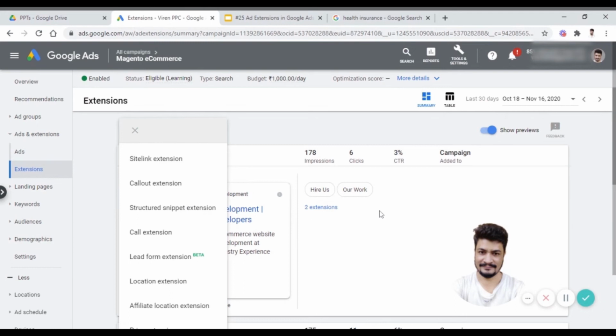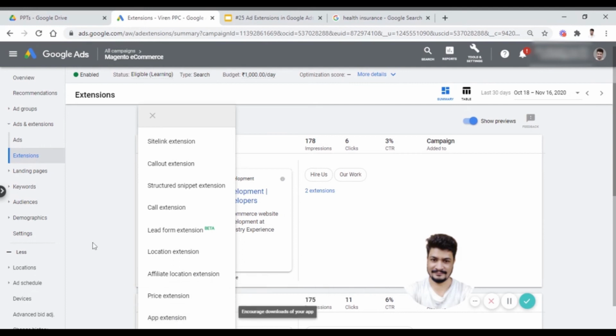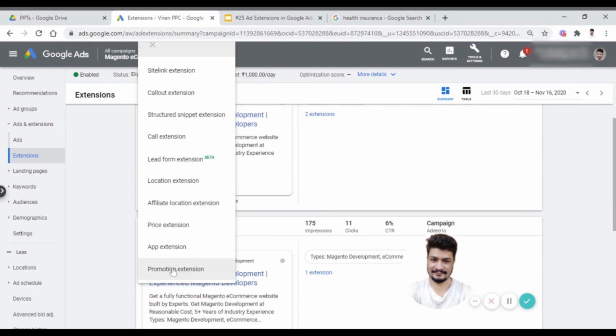I'm already using some ad extensions. Let me zoom this out. These are the ad extensions we can use: site link, callout, structured snippet, call extension, lead form extension, this is new, location extension, affiliate location extension, price extension, app extension, and this is the promotion extension. So these are all the kinds of extensions we can use in Google Ads.